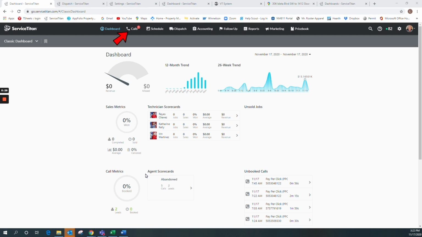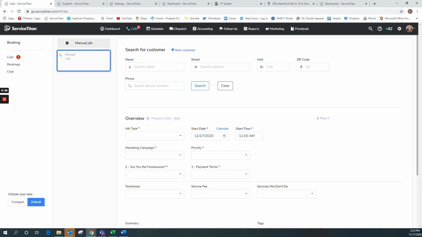Next is the call booking screen. This is where calls will come into ServiceTitan and where you will book jobs. Please view the videos titled Call Booking Screen and Booking a Job for more information on how to use these